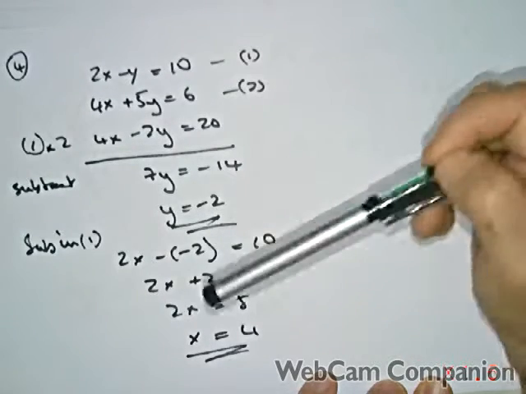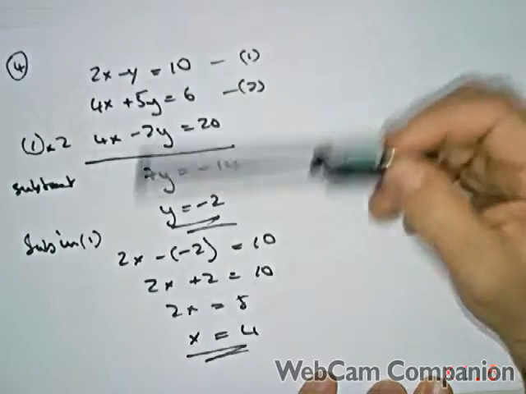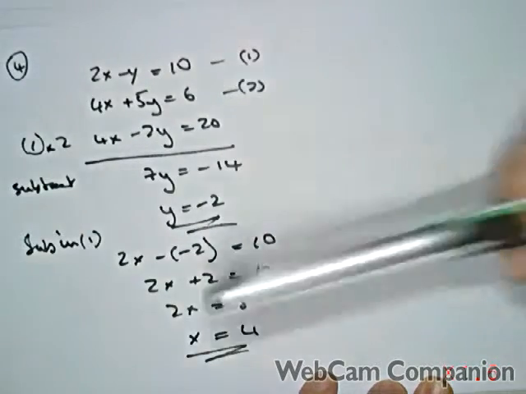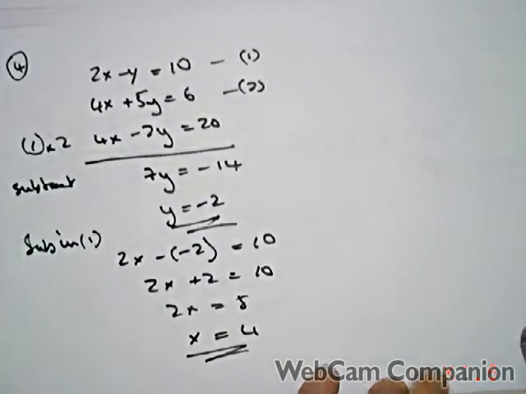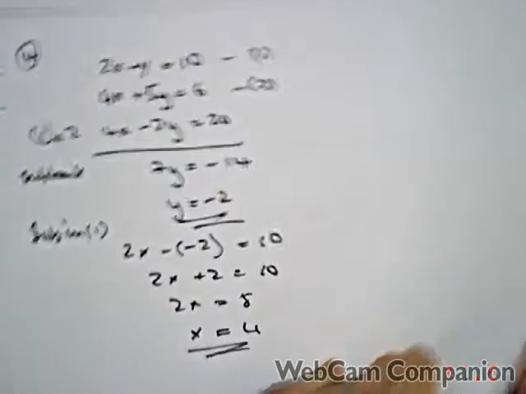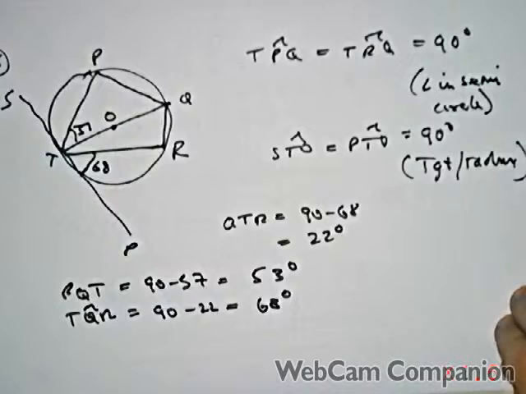y is minus 2. Sub that into 1. 2x minus 2 for y equals 10. And work that through and you get x equals 4. So that was my answer to the fourth question. The fifth question